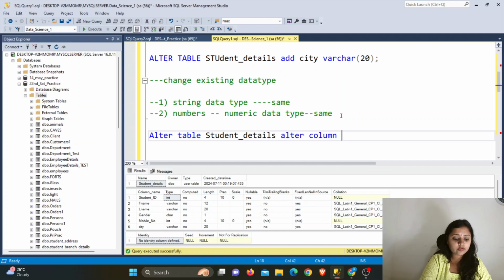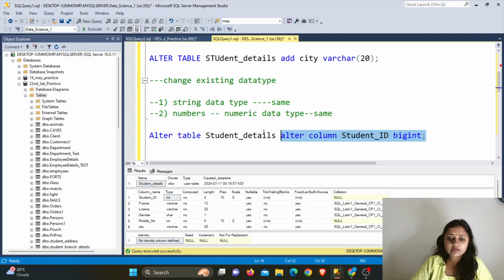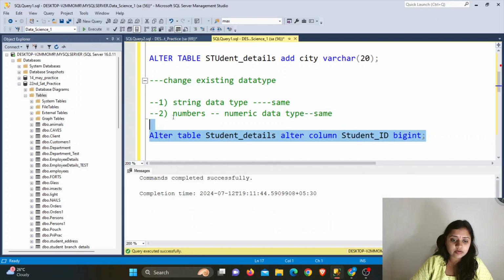My column is student ID, and I want to give the data type as bigint. So alter table, table name, then alter column, the column name is student ID, and I want to change the data type from int to bigint. So I just select this and hit the execute button.